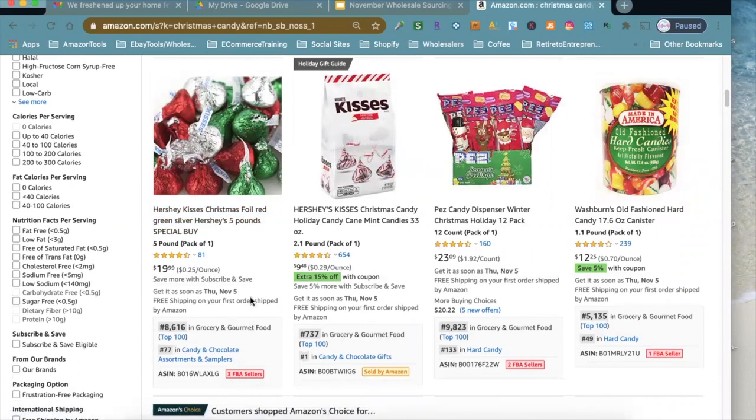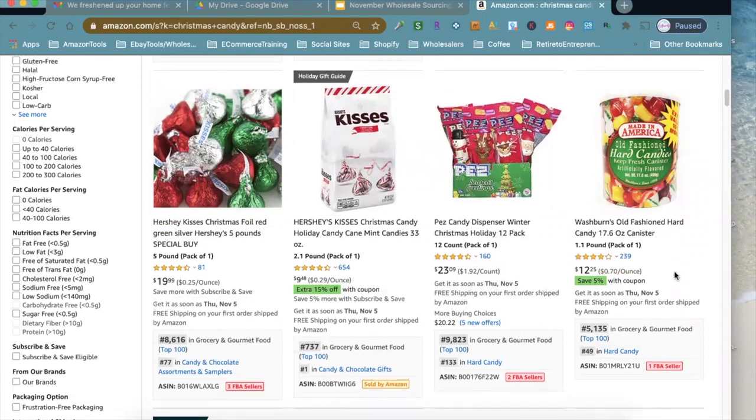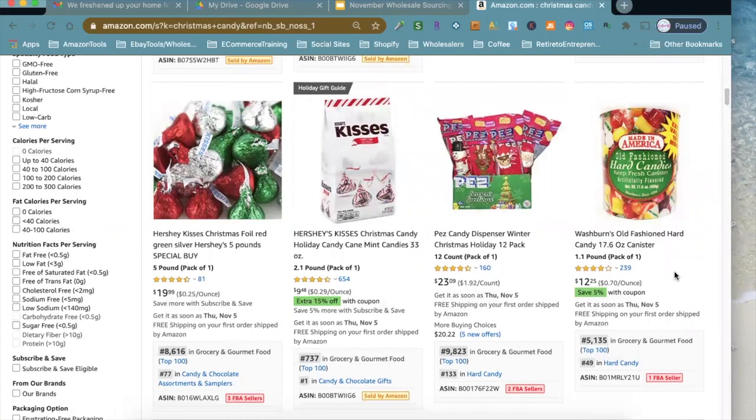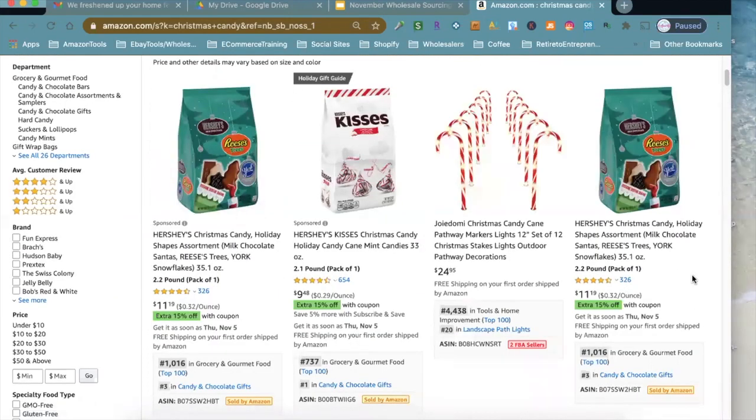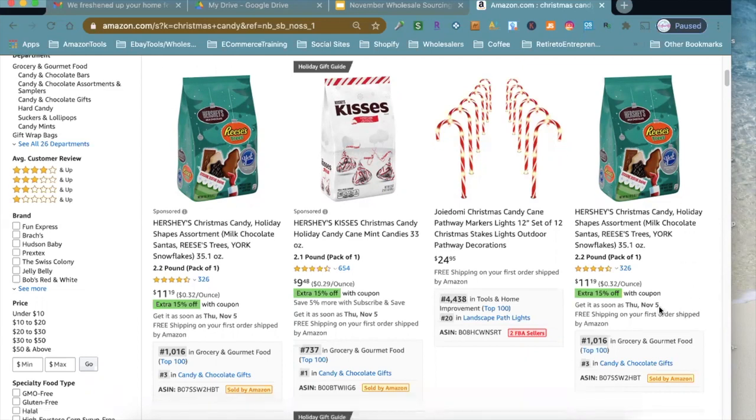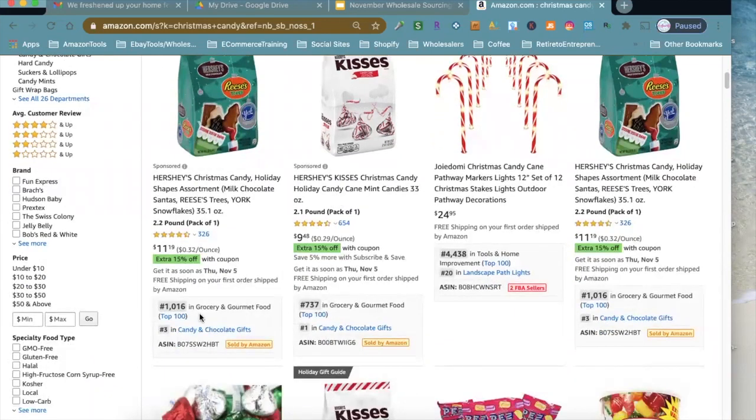And Hershey is not on Amazon. Let me just back up a little bit. On my Amazon, I have a few tools. These are just things that'll help you when you're doing reverse sourcing. I have a few tools on my Google Chrome browser. So as I'm scrolling and you see these things here at the bottom,